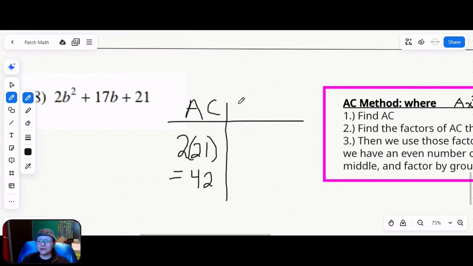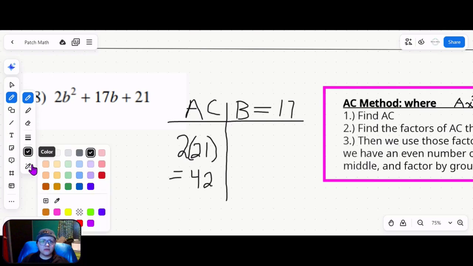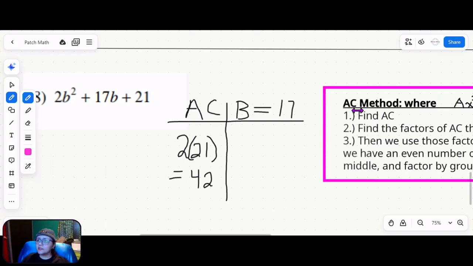And we're still going to look at the factors of AC that add up to B, and our B is 17. That's positive 17. Remember, each term takes the sign to the left of it. So the factors of AC that could potentially add up to 17. We know we have the 1 and 42. In this case, it's obvious it's not going to become 17, so I'm going to skip those. We got 2 and 21. There's still no way to get those to be 17. So then we got 3 and